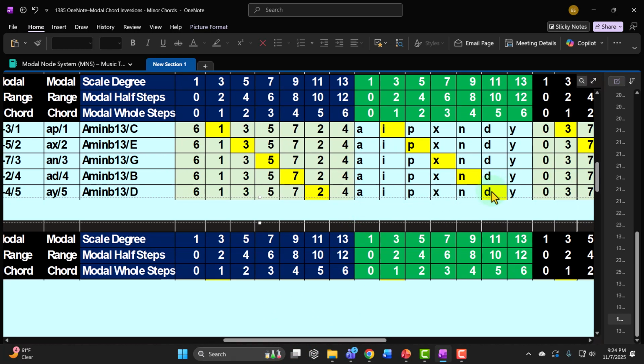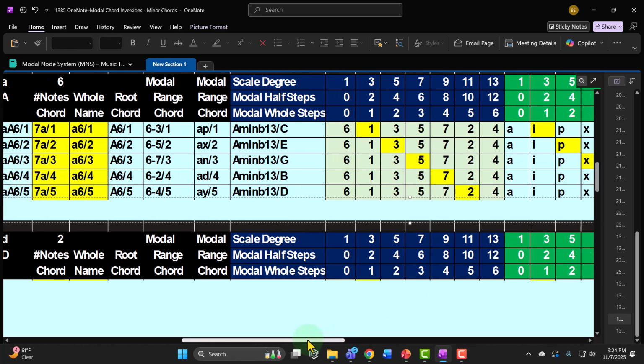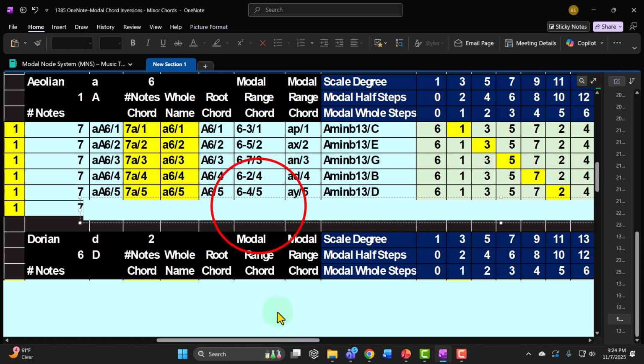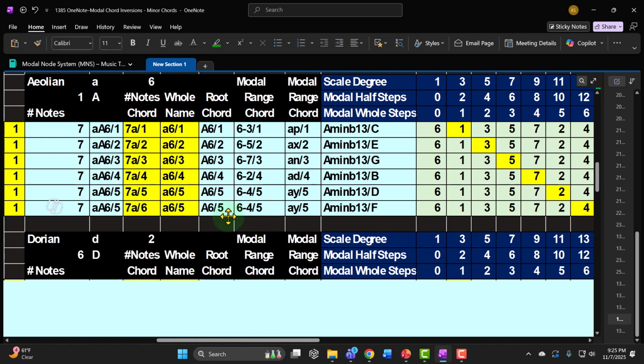5th modal whole step up, because we take every other modal whole step. So that would be that one. And then lastly, we could invert on the 6th, which should be a 6. This should be on the 6th inversion, which would be an A minor flat 13/F, because the last nodal point